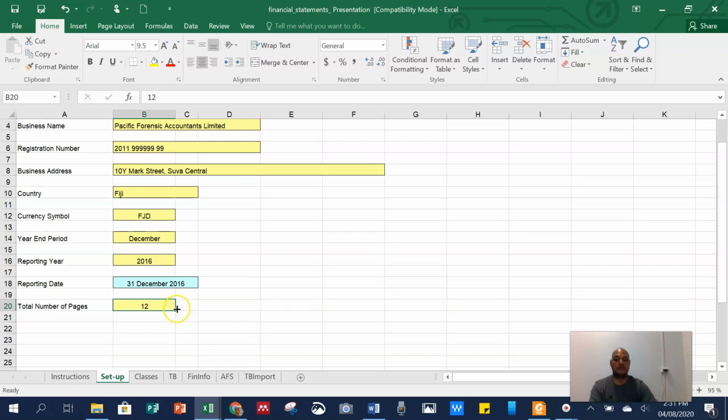Sometimes the financial statement can produce more financial information, but they are empty because, for example, if you don't have things like goodwill, or if you don't have things like contingency assets, they will